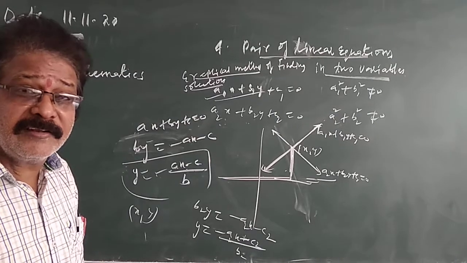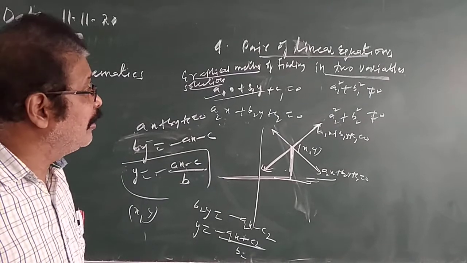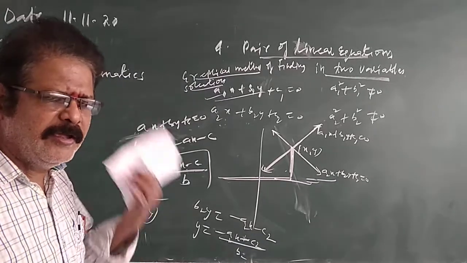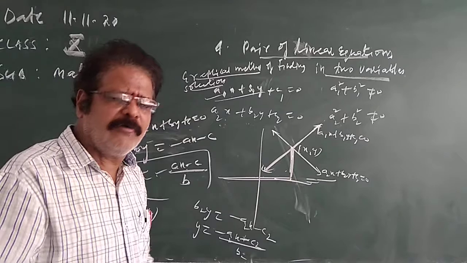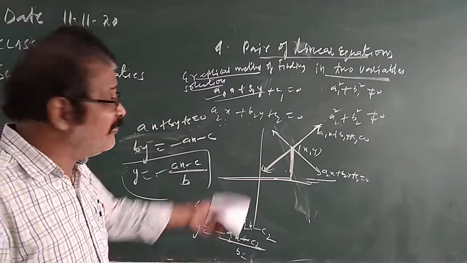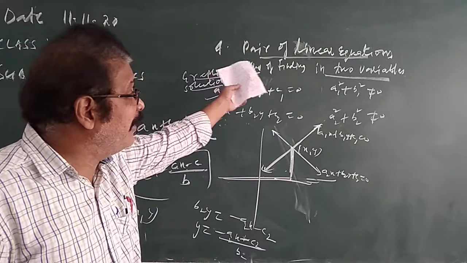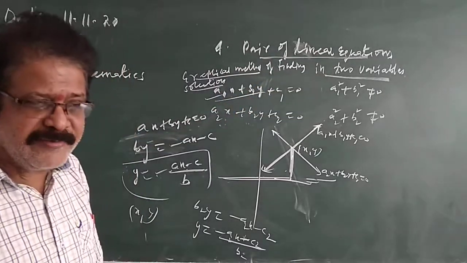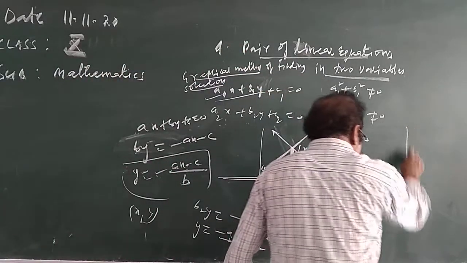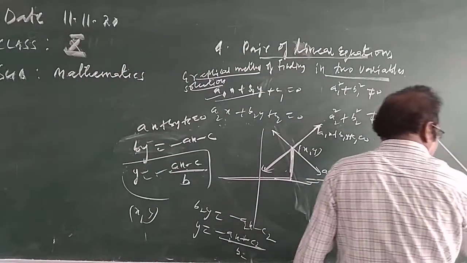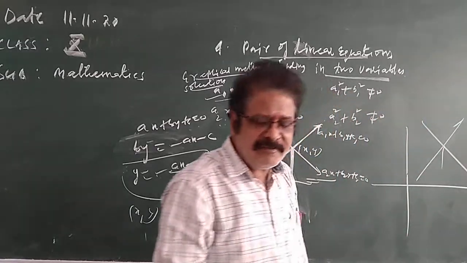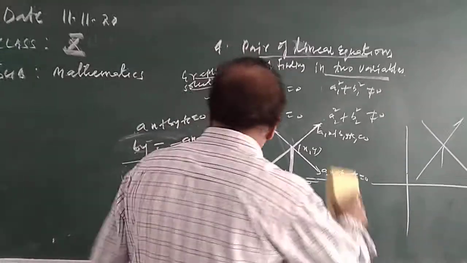Already you learned in the 9th class how to draw the graphs of a pair of linear equations. Previously we used to draw only a single line, a graph for a single line. Now there will be two lines. Why two lines? Because it is a pair of linear equations. Pair means two lines. So separately we draw on the same graph paper, first one line, then another line. If they intersect, they have a solution. Otherwise, no solution. So we see the condition.